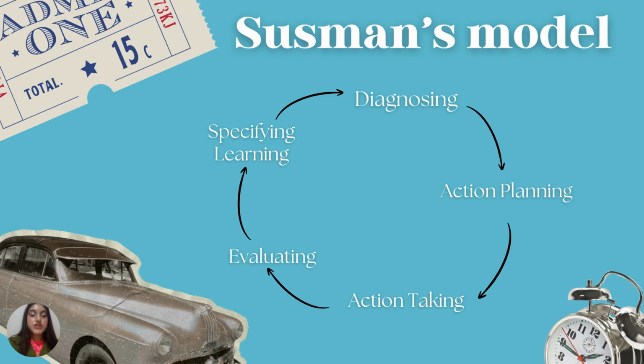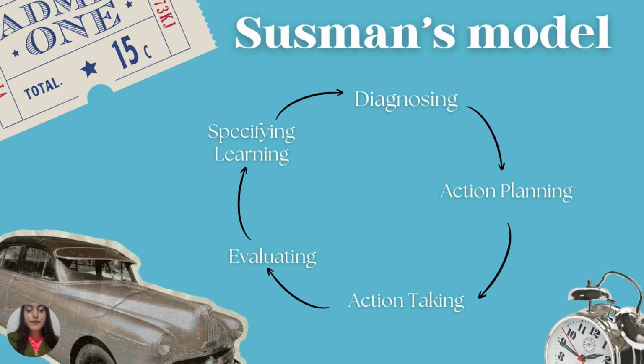Hello, teacher. I am going to talk about the key milestones, specifically the Sussman model. According to Gerald Sussman, in 1983, there are five phases in the cycle of action research. The first phase is diagnosing. Here is where the process begins. The researchers recognize an issue or a problem through collecting data with any data collection instrument, and they clearly define it.